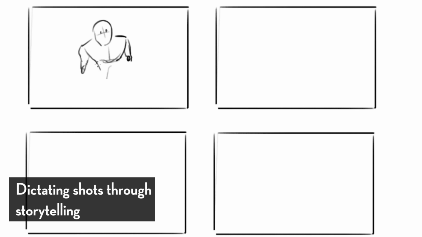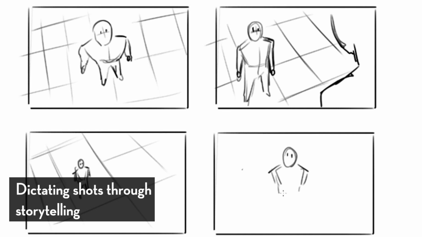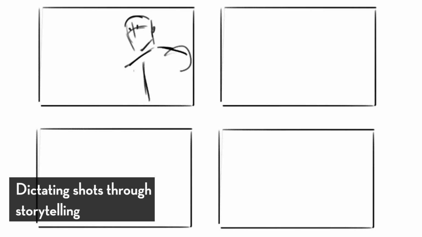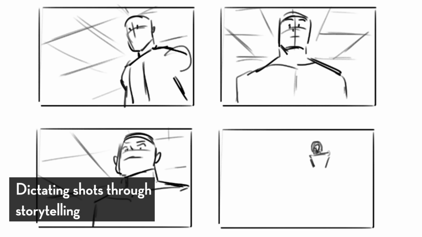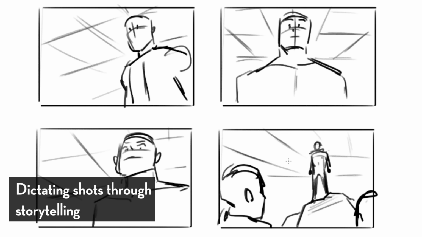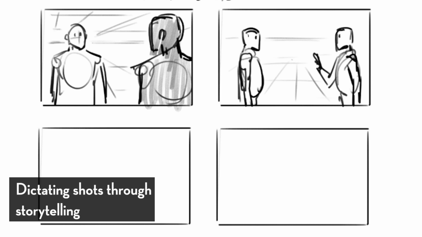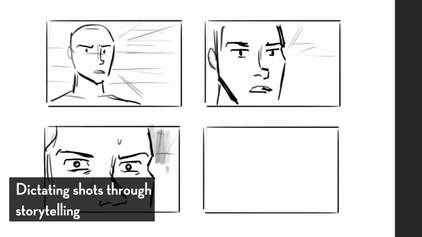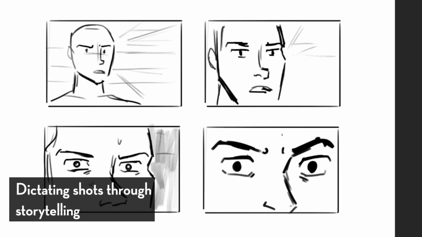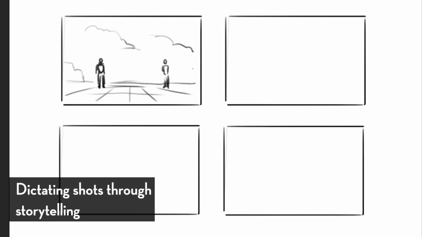So here are some examples. High angle shots on characters are used to show the characters as smaller or weaker. It's as if we're looking down on them, whereas low angle shots on characters make them look big and intimidating and a lot more dominating and powerful. You can utilize neutral shots where each character is treated evenly. Or having the cameras closer to the character's face and eyes, for example, makes the shot feel more intimate and can emphasize more on us feeling what the character's thinking. What I'm saying right now are not concrete rules, they're just tools that you can utilize.